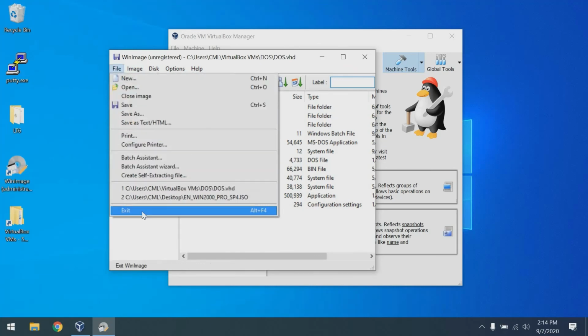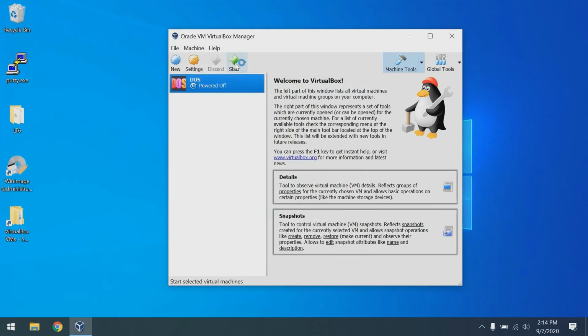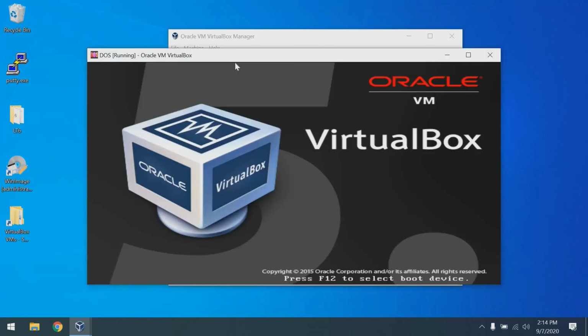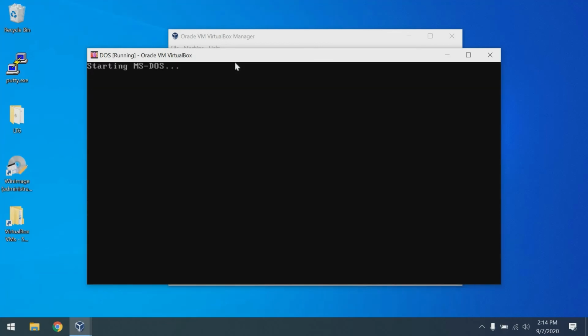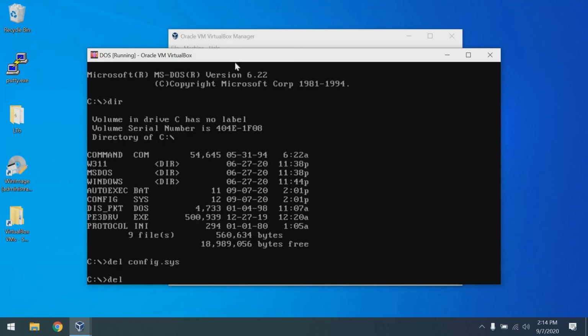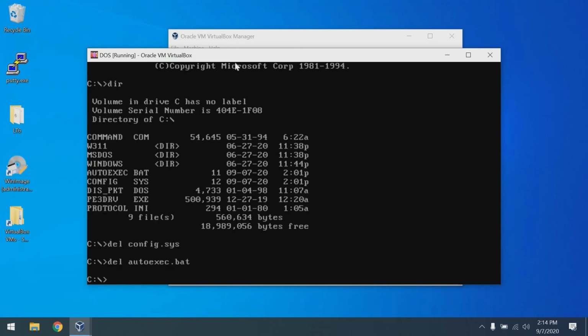We can now close WinImage, and we can power up our machine. In powering up, I'm going to hold down the Shift key so that we can bypass loading config.sys and autoexec.bat, since we had whatever we had last time, and I don't want to load that. And I'm actually now going to delete config.sys and autoexec.bat so that we have a nice clean slate